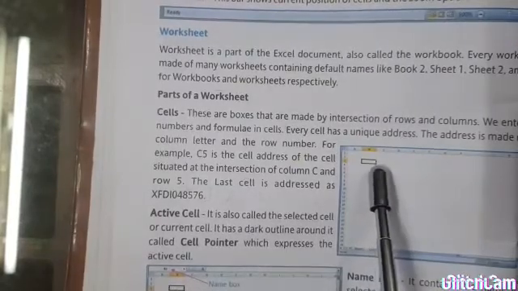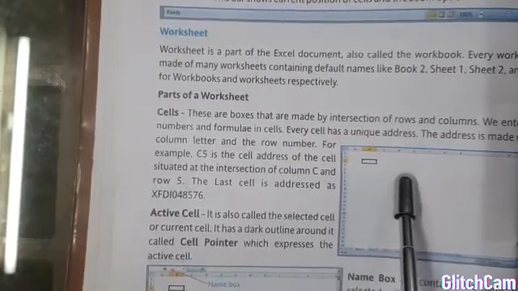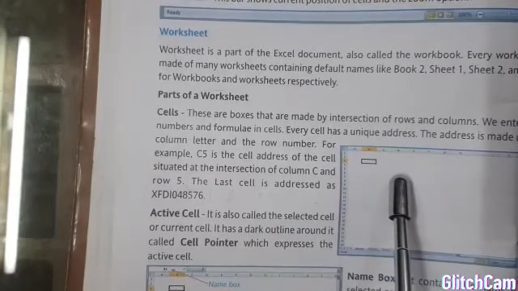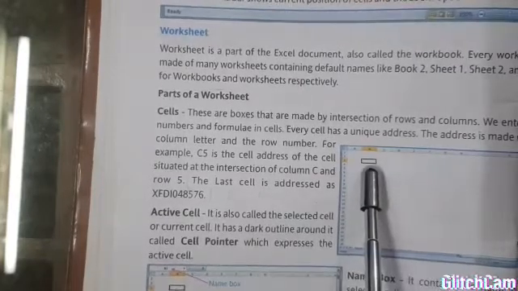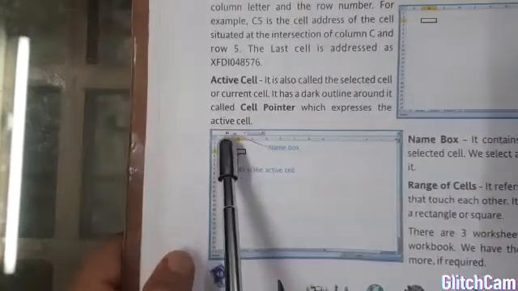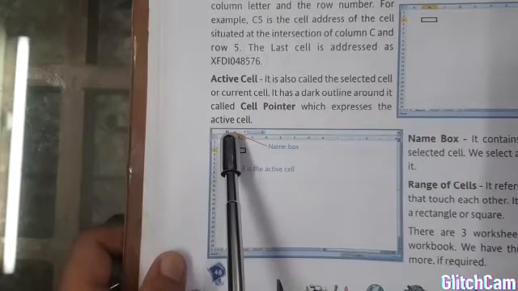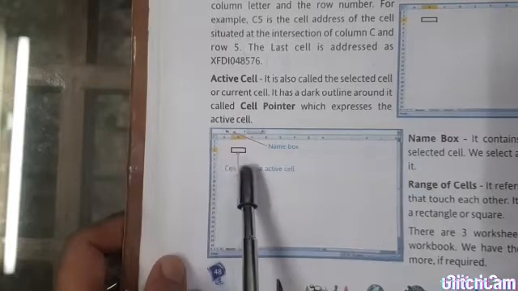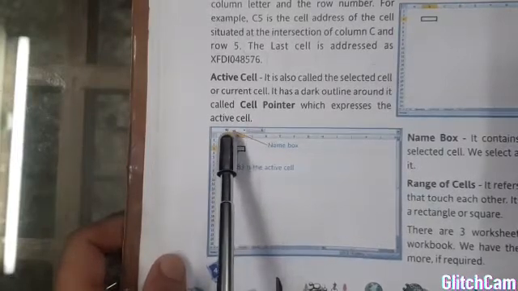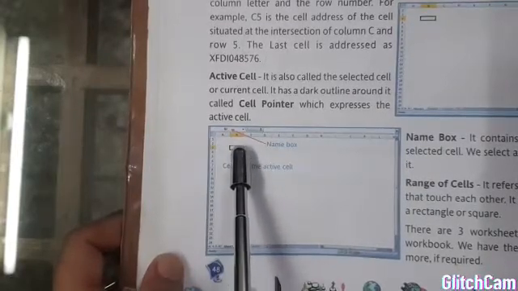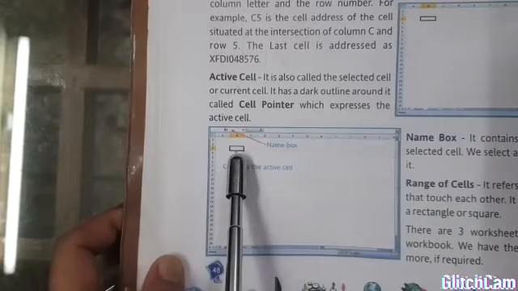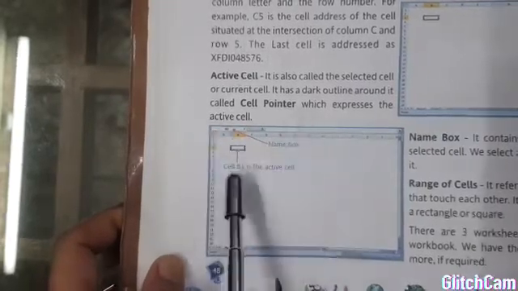It means when we click anywhere on the screen, that cell will be highlighted in the same way, and the name or address of the cell will appear in the name box, and that particular cell is known as the active cell or the current cell.